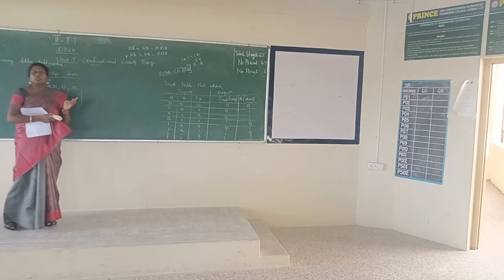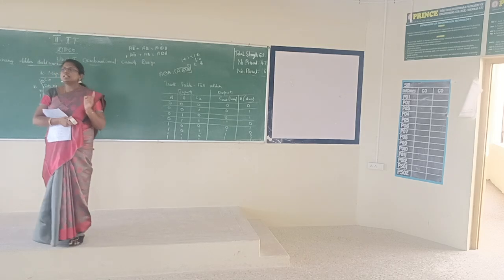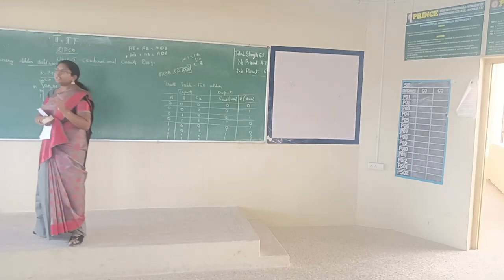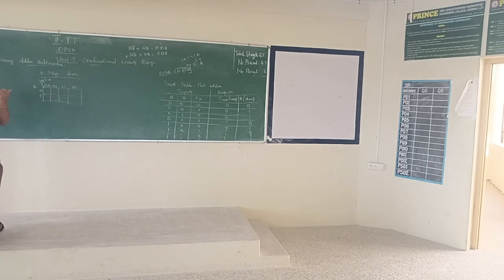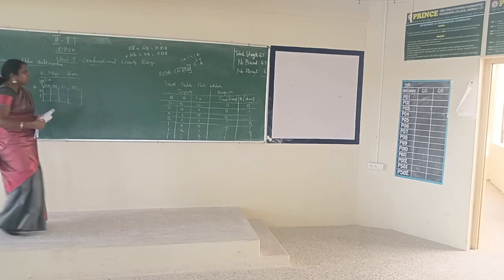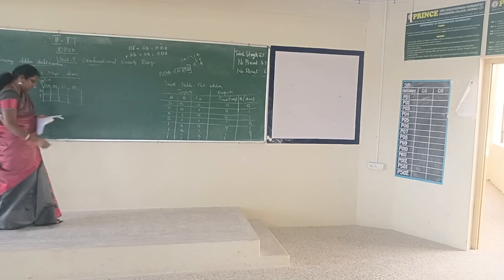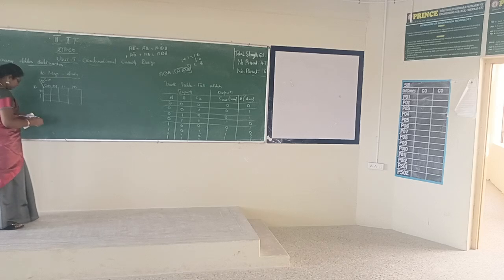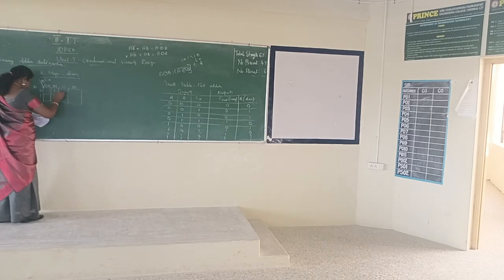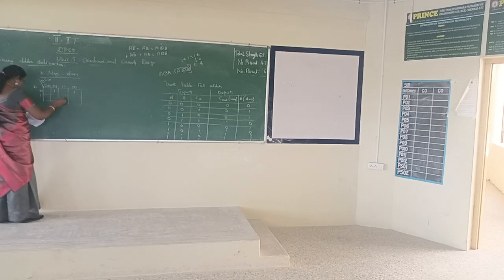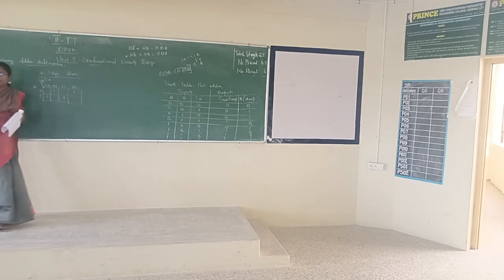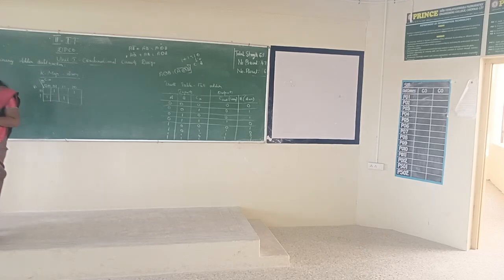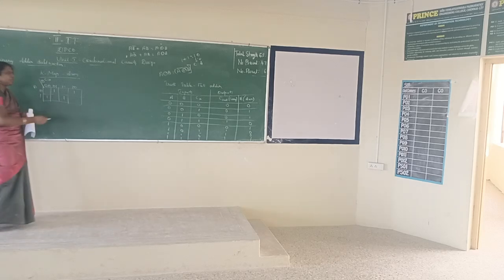In a K-map, it is a one-bit variable change. So at a time only one bit change is allowed, so we use this Gray code sequence. So we are going to do the K-map for sum. For 0 0 1 we are having 1. Then for 0 1 0 we are having 1. Then 1 0 0 we are having 1. And for 1 1 1 we are having 1, right? Correct?